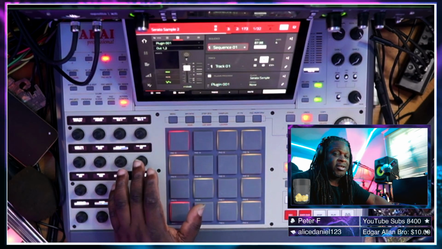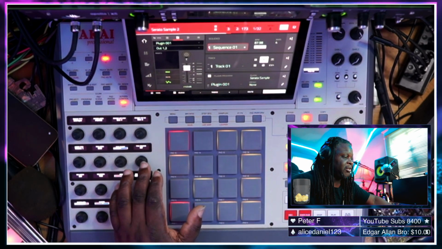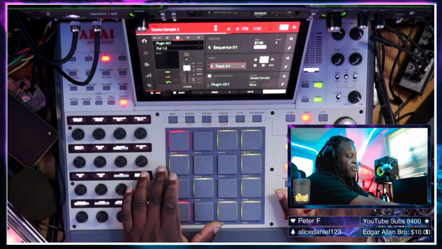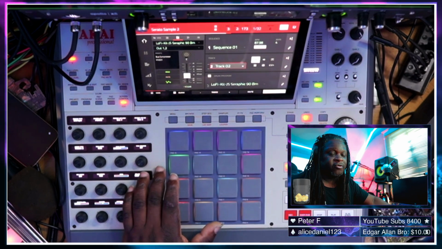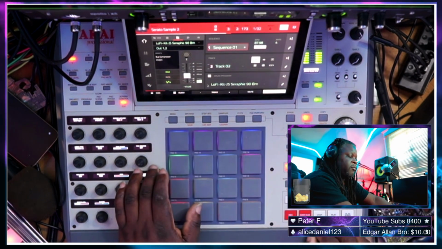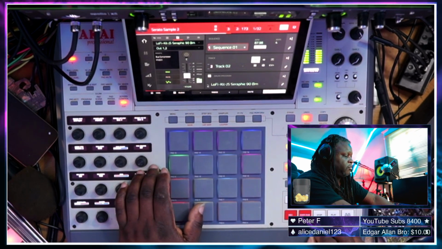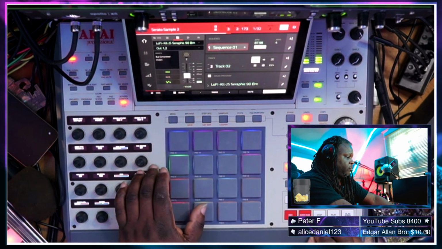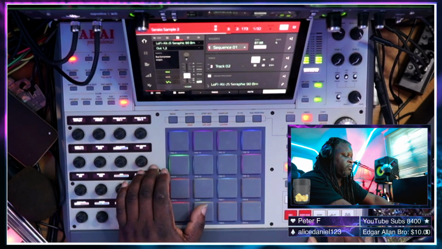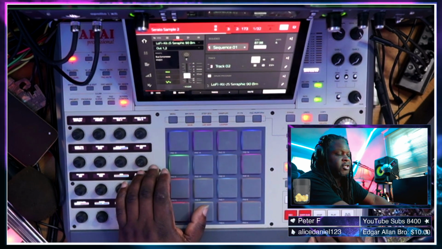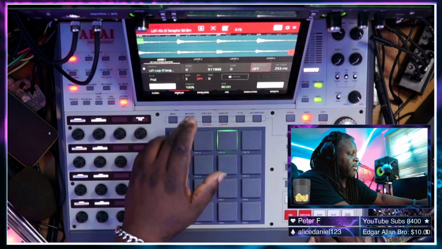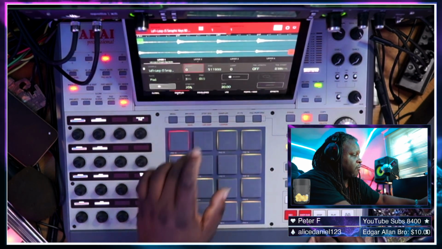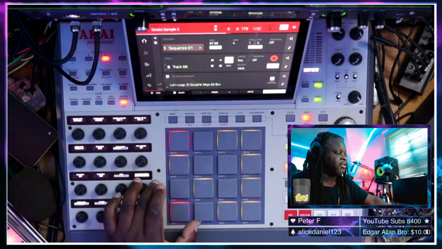Another thing that you get in controller mode that you don't get in standalone, which is something that I kind of feel like is a game changer. As you know, you can take any sound in a drum program and turn it into a key group. So I'm going to do that real quick. Okay, so we're going to turn this sound into a key group. We're going to go into Program Edit, and we're going to hit that key group icon. All right, now that we have that sound as a key group,